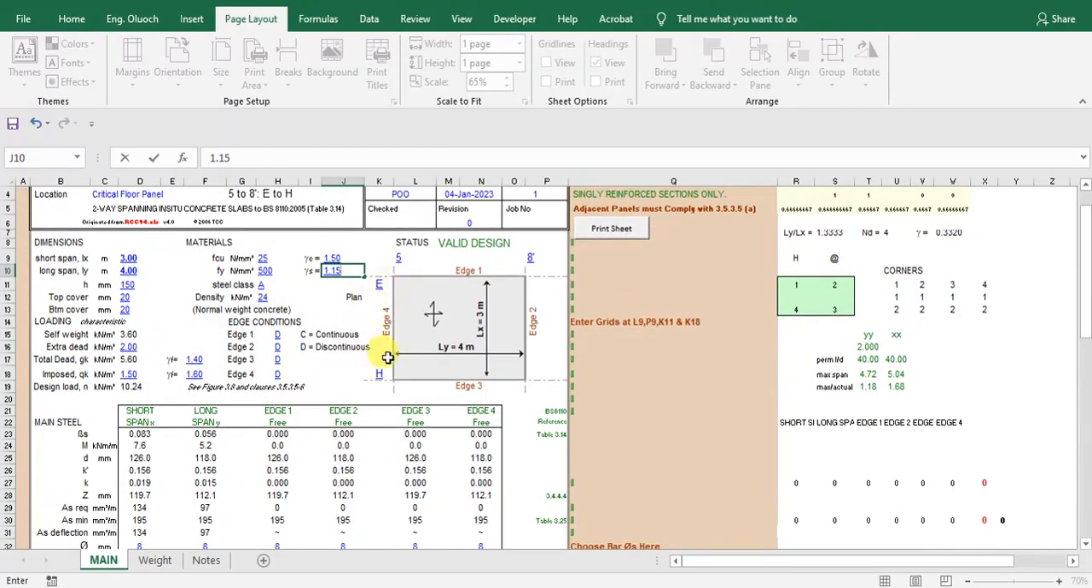When your slab is simply supported in all the edges, that means the bending action will just be carried by the span. There will be no hogging at the edges. So you have to really be keen about this, because